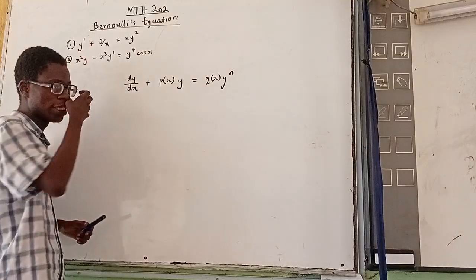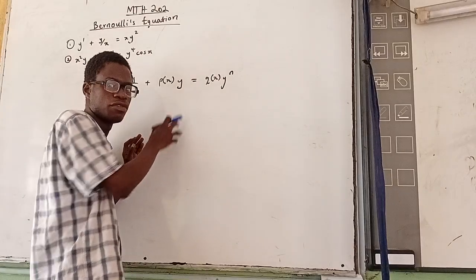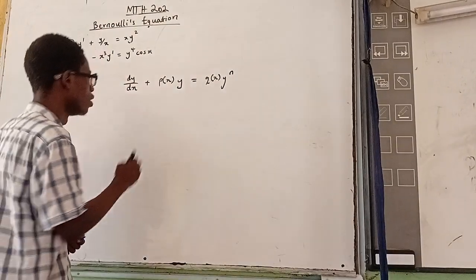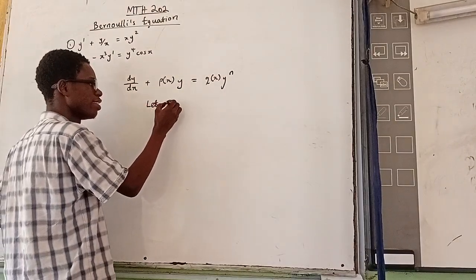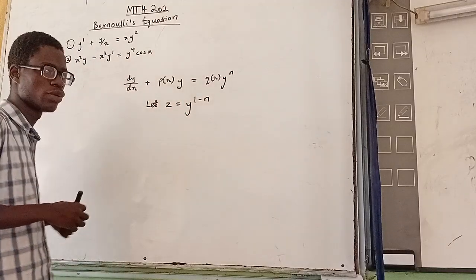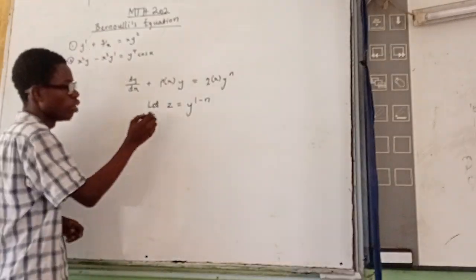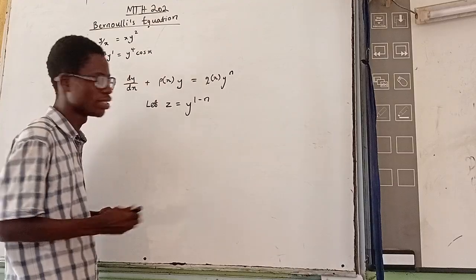Whenever you see this, the solution Bernoulli gave us to solving this type of equation is this substitution. Let z equal y raised to power 1 minus n. This is the substitution we are going to use to solve any Bernoulli equation we encounter. So let z equal y raised to power 1 minus n. So this means